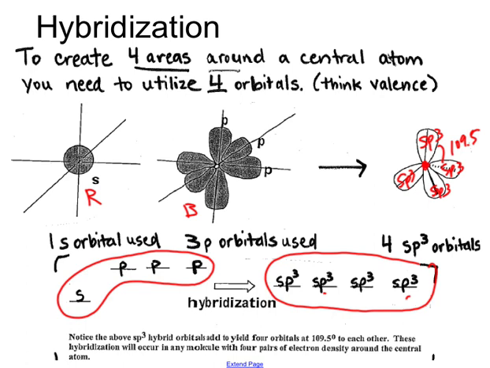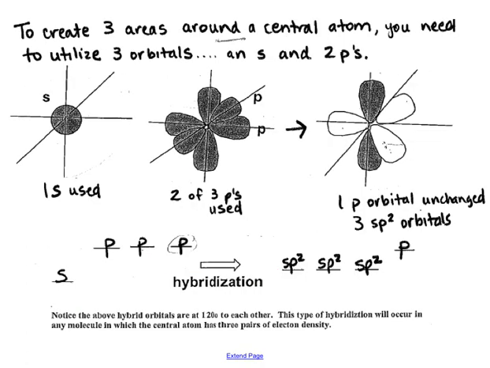Okay, so let's talk about what if we have a need to have 3 areas bonded, or 3 areas of density. Well, we're going to use 3 of our original orbitals, and we're going to make 3 new orbitals of average energy, each called sp2, sp2, sp2. Those are 3 sp2 orbitals,